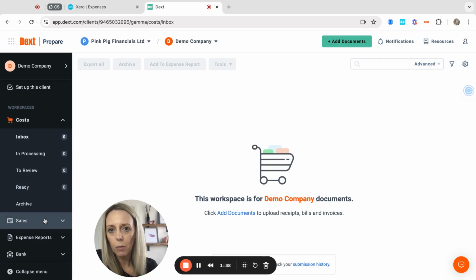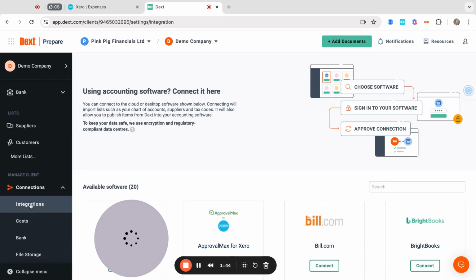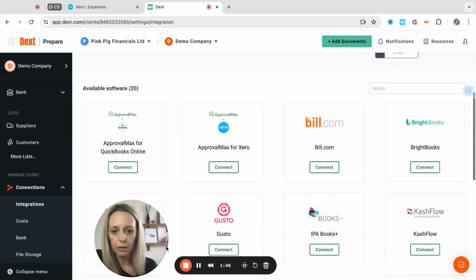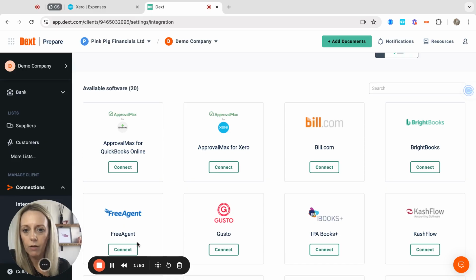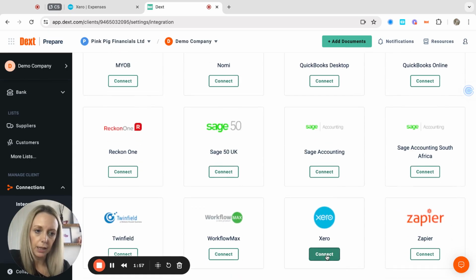So when we first come on, we want to get it all connected up. So you'd come down here to connections and integrations. There's loads that you can integrate with. We are focusing on the Xero Dext integration. So I'm going to come down to Xero, connect